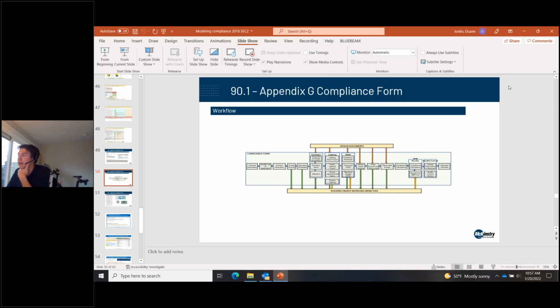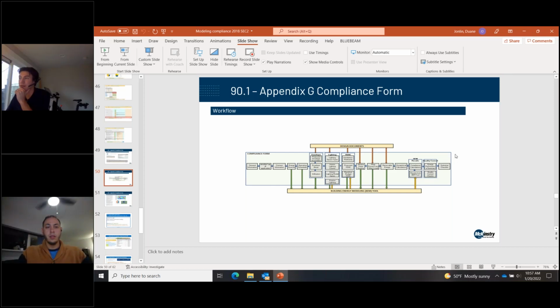I don't know the answer off the top of my head for how to document, so I need to go back to Appendix G and read closely to see if it has any guidance on how to document that. Right. I think starting with the actual orientation of the building would be a fair start. But yeah, that's a good question. I don't know the actual answer to that.